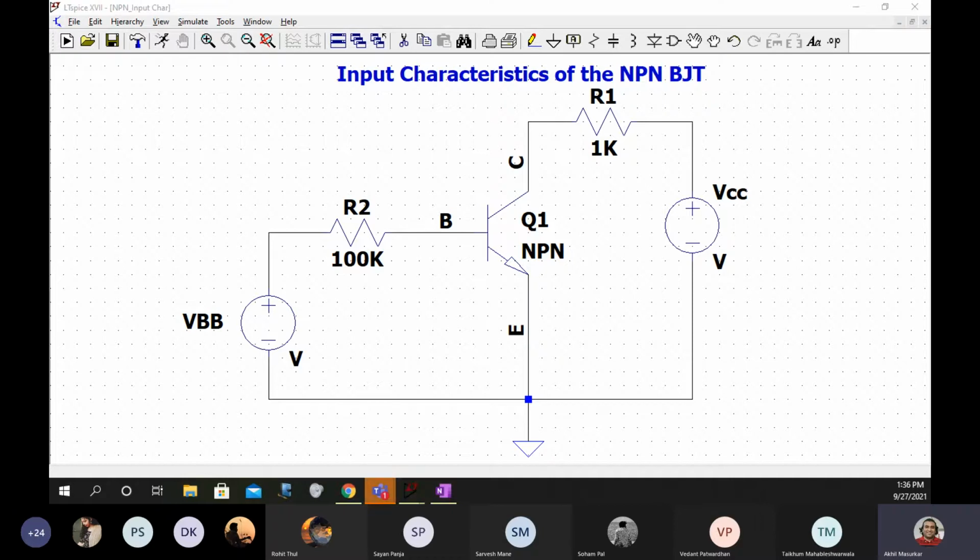Okay, Rohan, good. Yes, others also. Don't forget the ground terminal. This is the place where you have VBE, and this is the place where you have VCE.